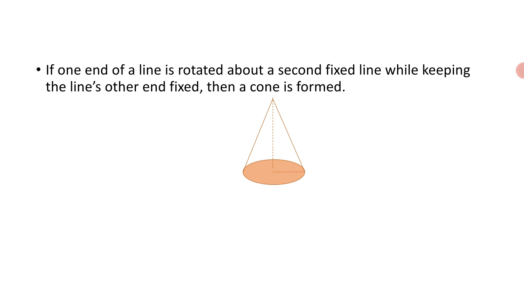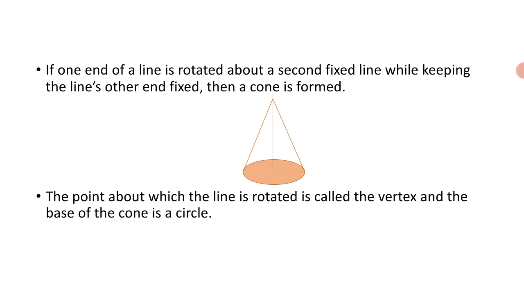Next, if one end of a line is rotated about a second fixed line while keeping the line's other end fixed, then a cone is formed. The point about which the line is rotated is called the vertex and the base of the cone is a circle. In the diagram you can see the base is the circle and the upper point is called the